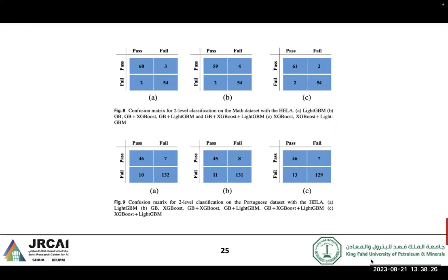All right, so here, when they conduct this kind of analysis, they do it twice. In the first analysis, they make this problem binary, whether the student will pass or fail in the course. So they change the score. If above 10, from 0 to 20, they will consider it a pass. If less than that, they will consider it a fail. We can see here some of the results of different models. There are 3 baseline models.